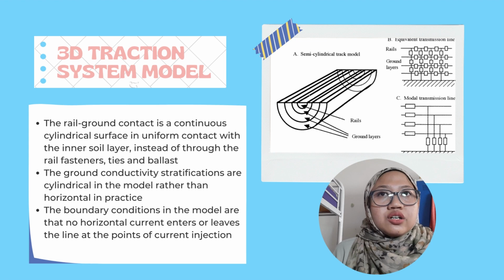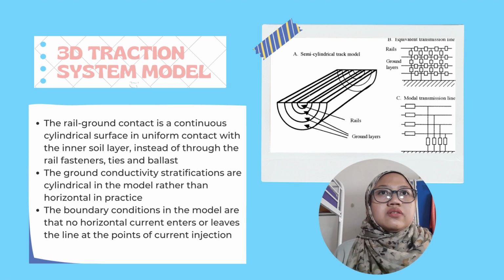Second, the ground conductivity stratification is cylindrical in the model rather than horizontal as in practice. Third, the boundary condition in the model is that non-horizontal current enters or leaves the line